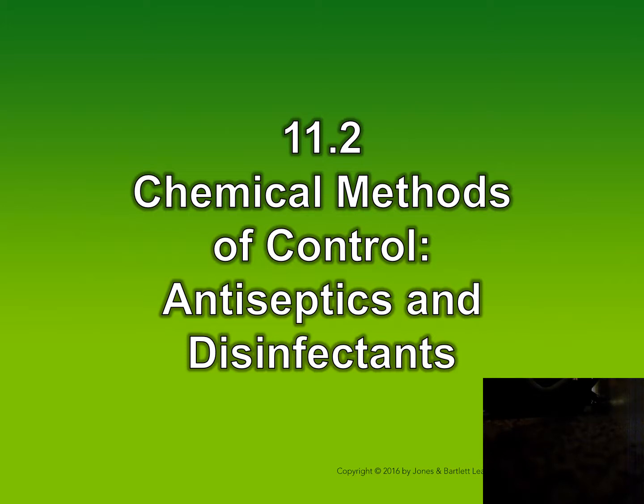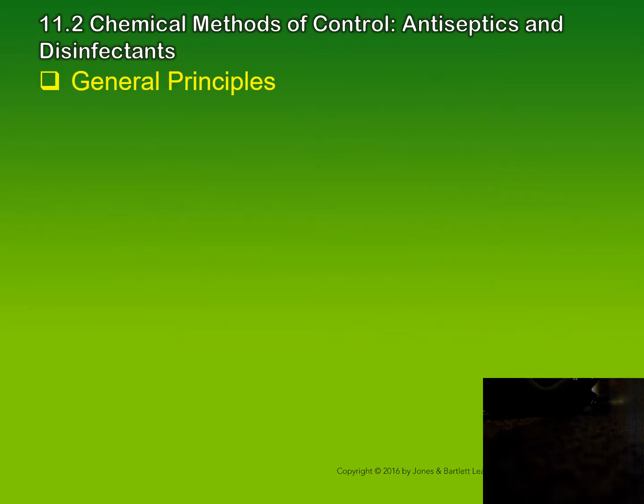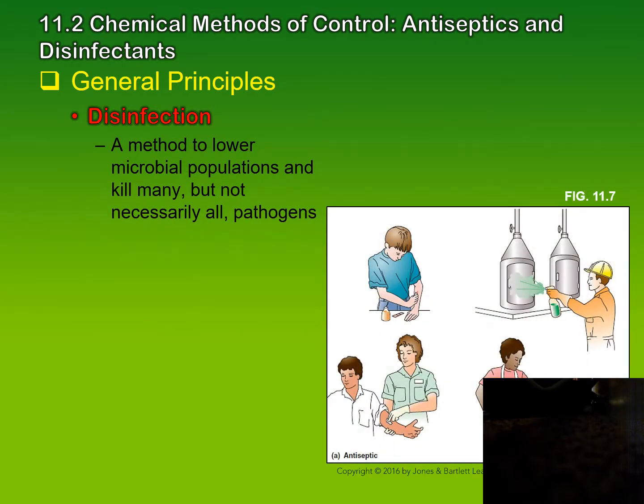Okay, chemical methods of growth control, antiseptics, and disinfectants. So in general, disinfection is a method of lowering the population of the microbes, and it might not necessarily get all the pathogens. Okay, so if you say disinfect a surface with, say, a household cleaner,